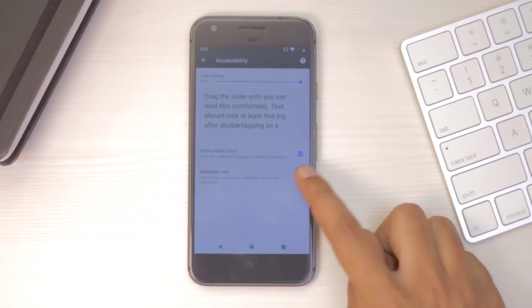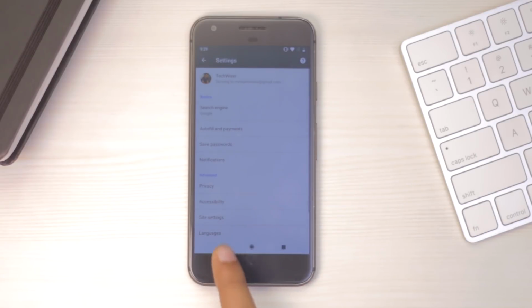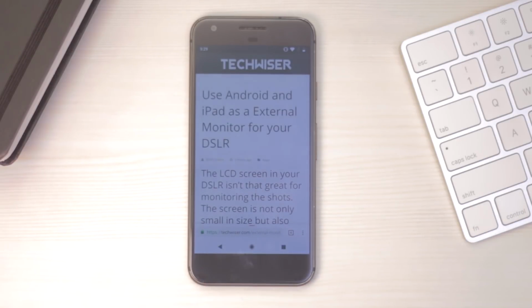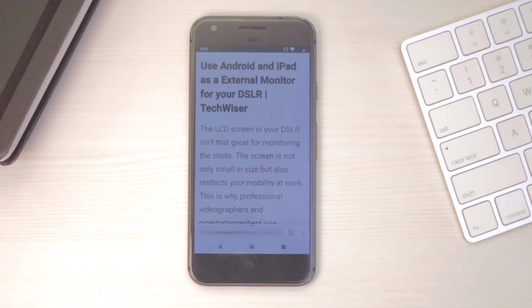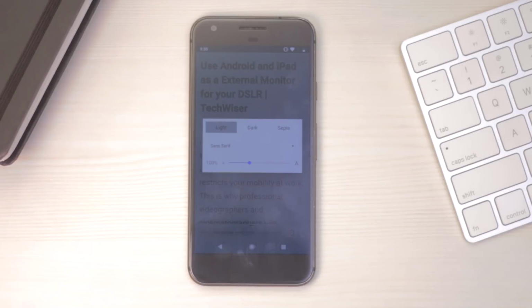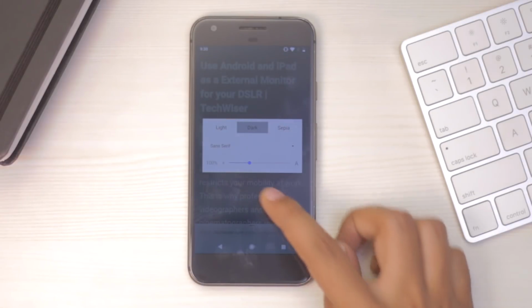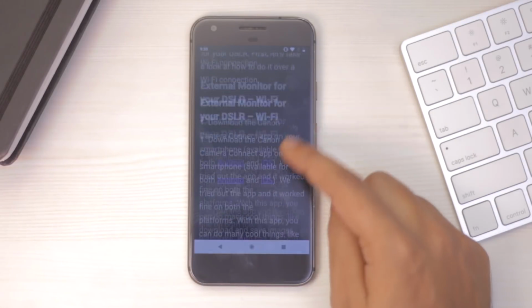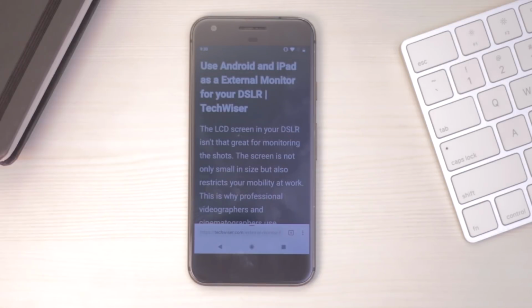Well, sort of. First, you need to enable the simplified view from the accessibility settings. Once done, whenever you open a new article, it will give you an option to view it in reader mode. Go for it. Now if you tap on the 3 vertical dots to go to the settings, you can change the background to black. Like I said, it's not exactly a dark mode as it only works for the articles. But this is the closest you can get without installing any application, and I will take that any day.